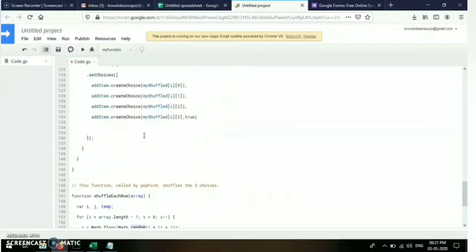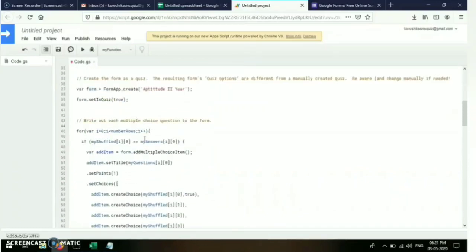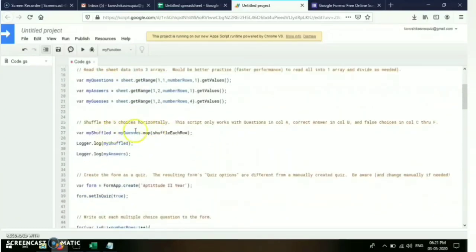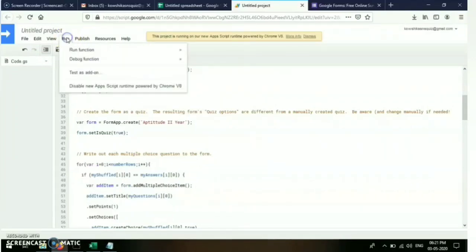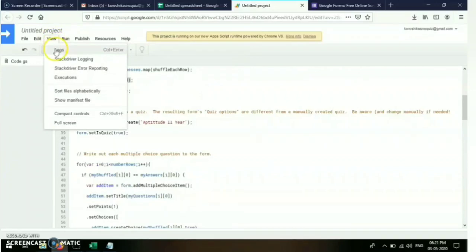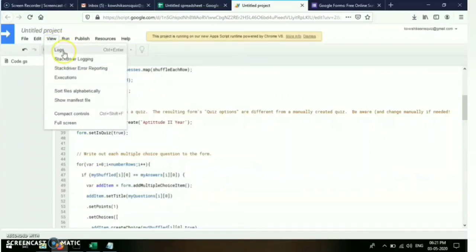So after shuffling, what you have to do is create a form. So go back, after this function is called, you will have some shuffled values for the options, and when you run it, you can see a log report here. See here, you have a view option. If you go to the logs, this logger function is going to return those things in this log.